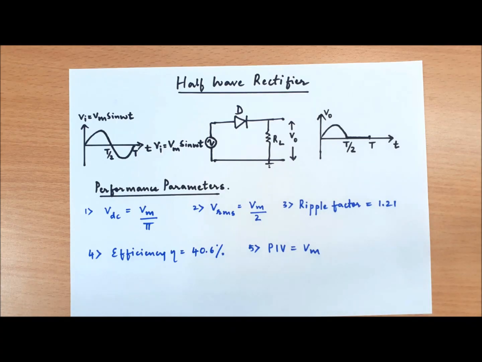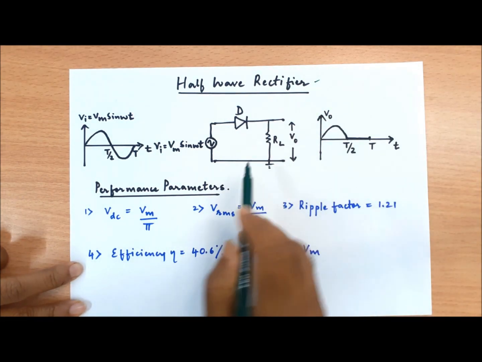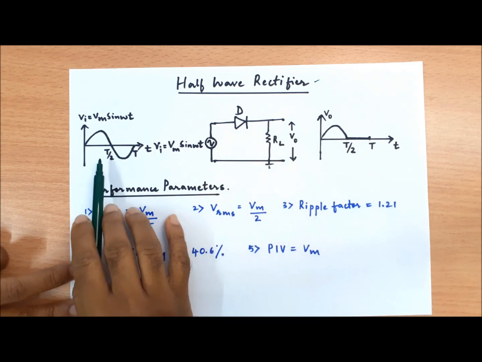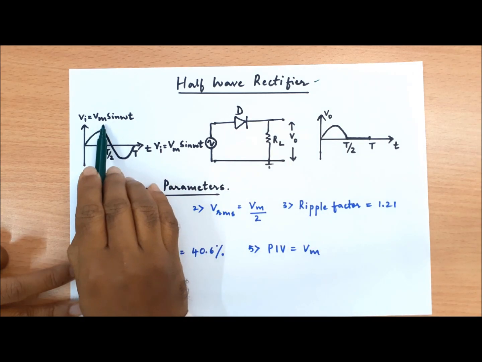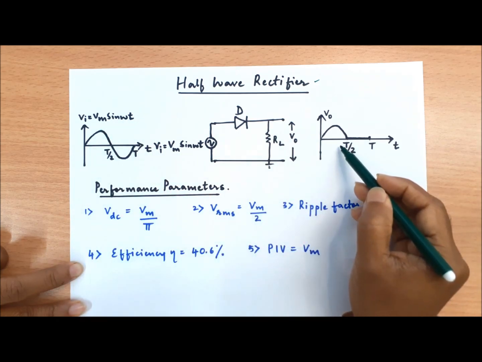So hello students, in one of our videos we had discussed the working of a half wave rectifier circuit. This is the circuit of a half wave rectifier with input Vi equal to Vm sine omega t. The output looks like this. To summarize,